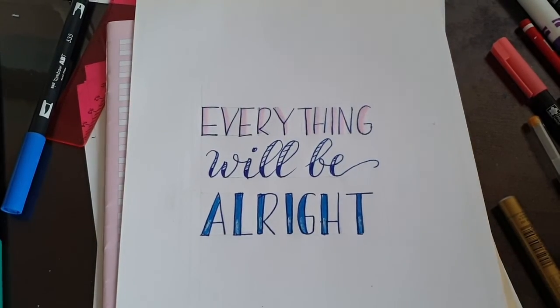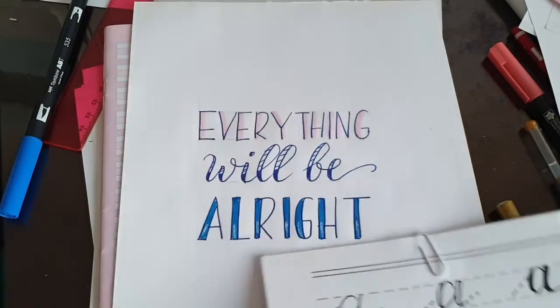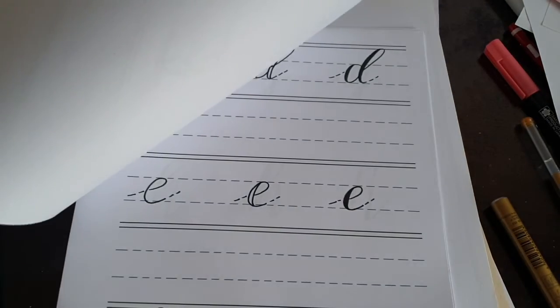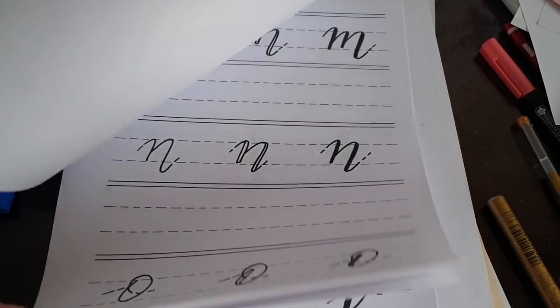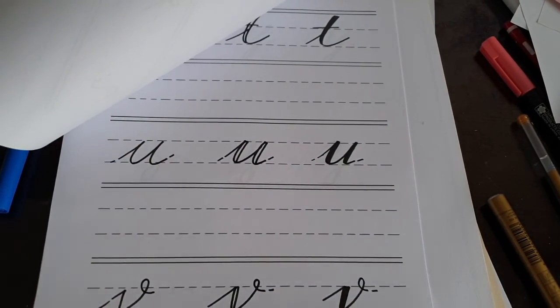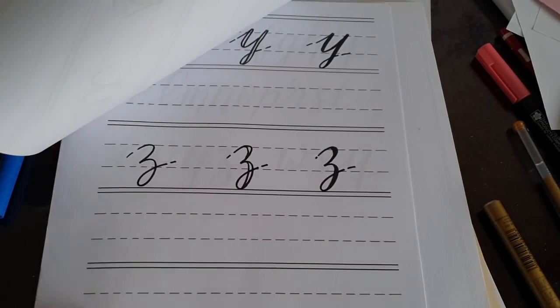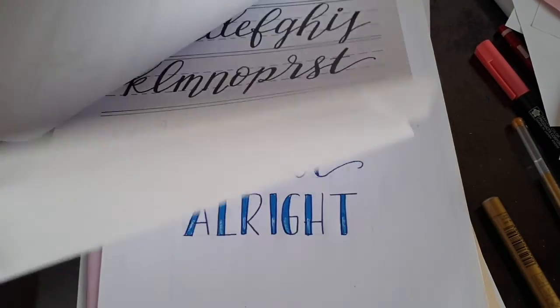I'm trying to find my letters. So here are the letters that I created. Again, I'm showing you. These are the basic letters, and this I have as PDF also. I can share with you if you send me your email via direct message, so I can help with Faux